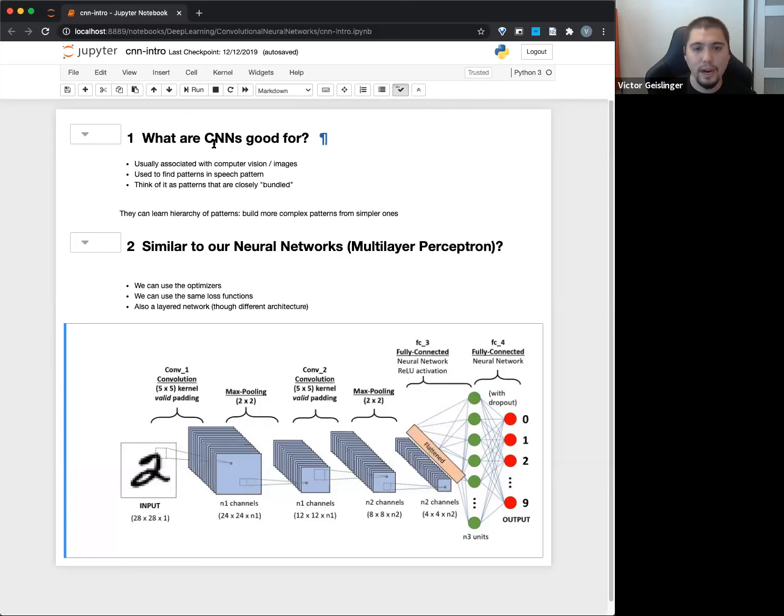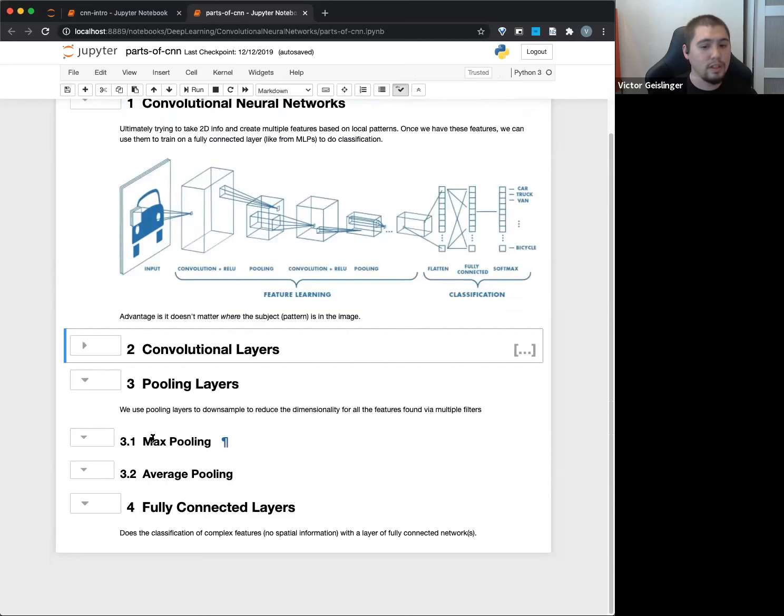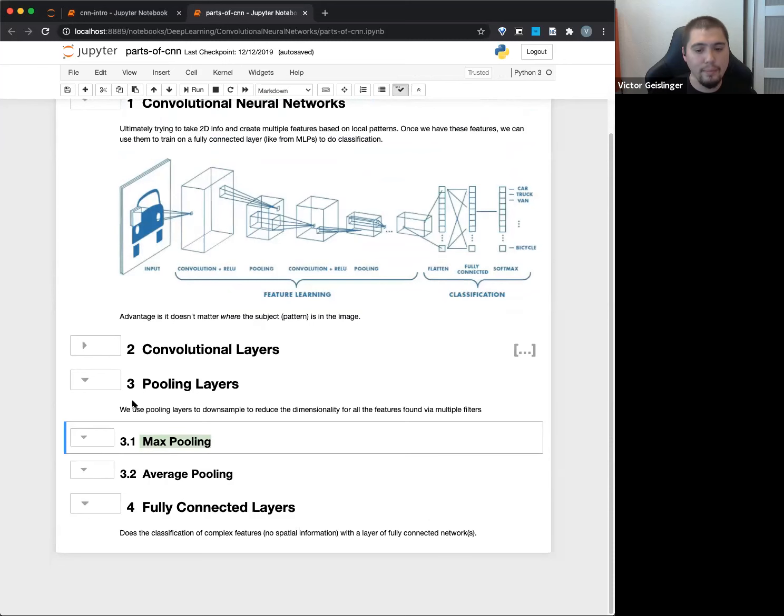All right, cool. If we have a few minutes left, I'm trying to think what we have left here. Tell you what, we're not going to go over this, but I'll quickly show you. We'll talk about this another time. We have different parts, for example, the convolution layers themselves. We talked about the pooling layers, so I mentioned max pooling, average pooling, and then the fully connected layers.